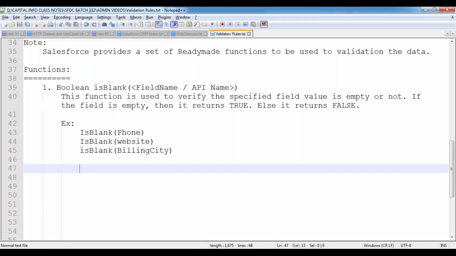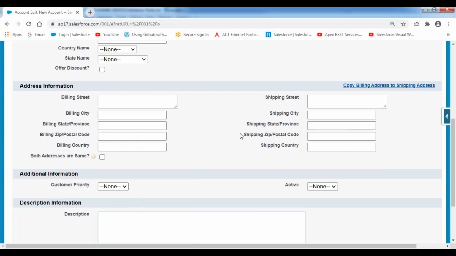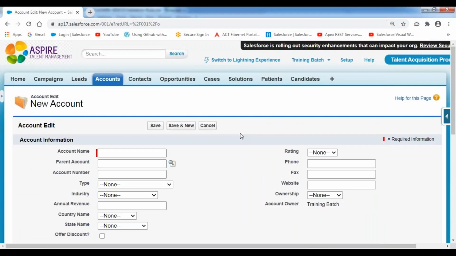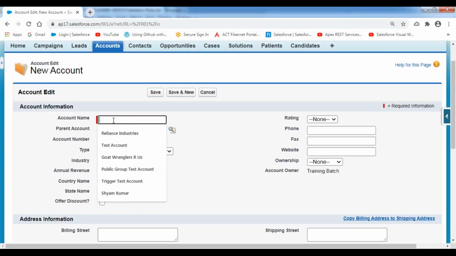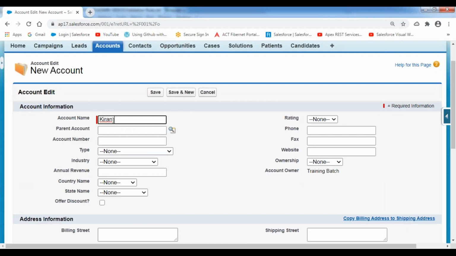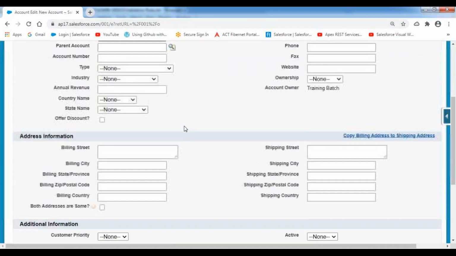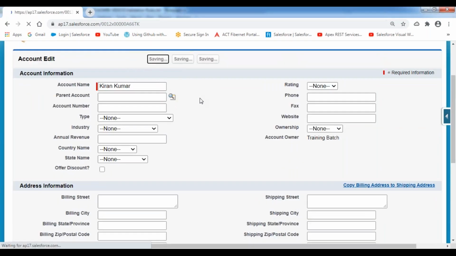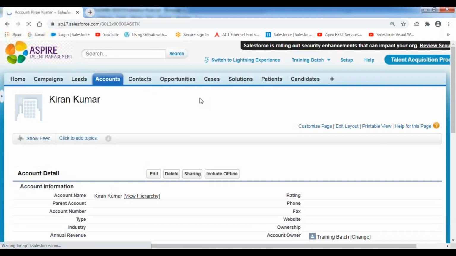For example, I'm creating a record inside my account object. I'm giving some account record name, like Kiran Kumar. I'm entering some data and clicking on the save button. My record has been saved as it is.